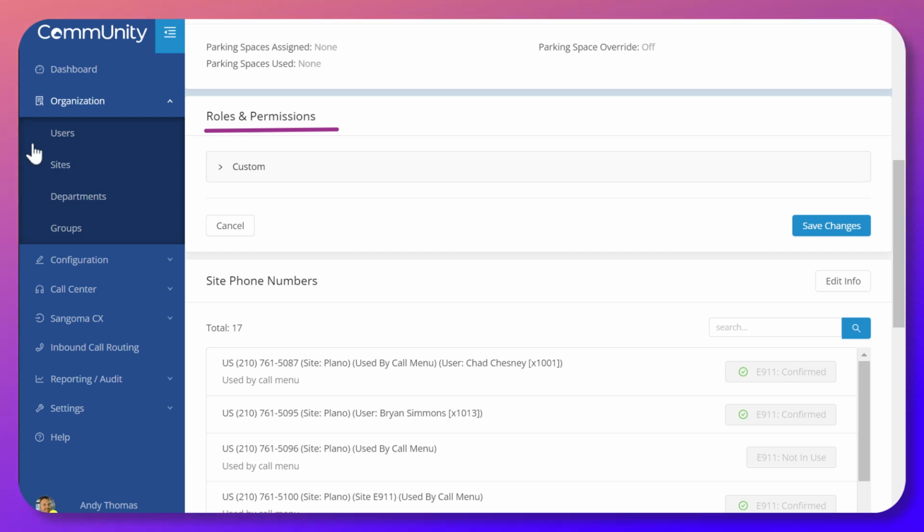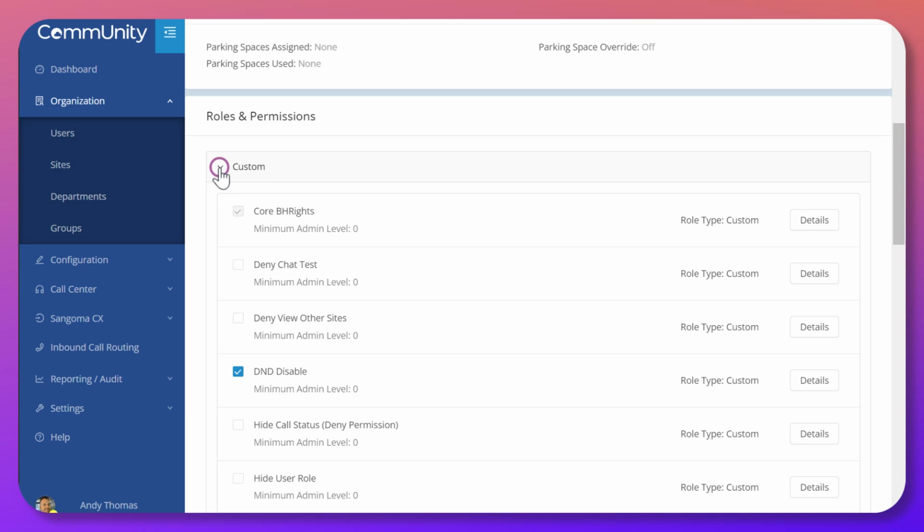There's only one type of site role, which is custom, and these would override the user default core roles. If you want special roles and permissions that are allowable or deniable only for this site's users. We'll cover roles and permissions in another video as they're configured under the configuration menu.